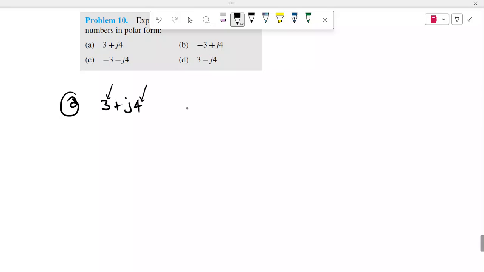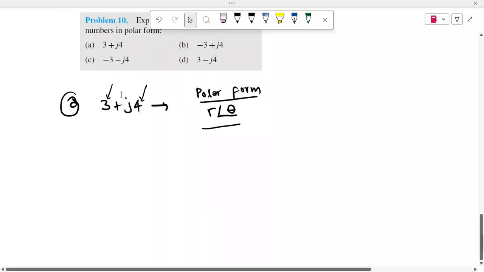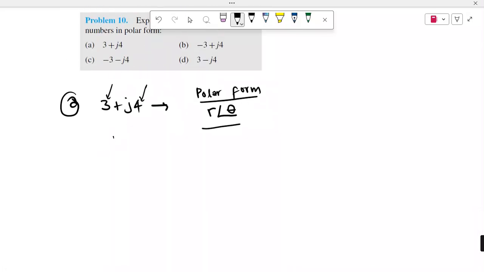So in polar form, we need to change this to become R at an angle theta. So this is in polar. R at an angle theta. That's what it means if they say explicit in polar form. This is the polar form. R angle theta. So first of all, we have to draw this to show it on our